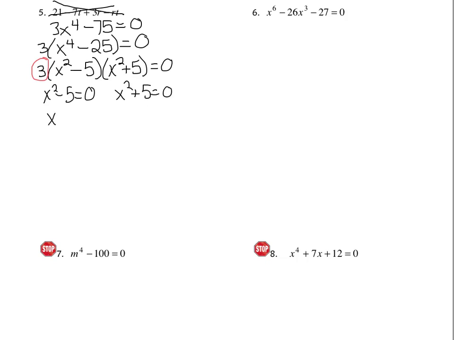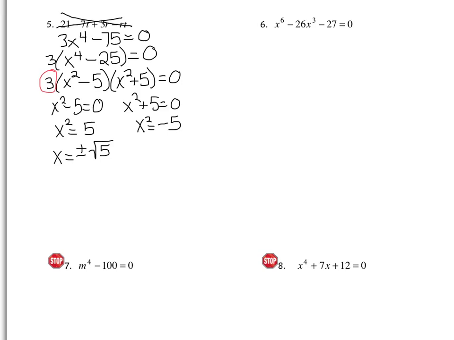So here we get x squared equals 5. Square root both sides. x is going to equal plus or minus the square root of 5. Square root of 5 is completely simplified. There's no perfect squares that are factors inside of there, so we leave the answer. Here we get x squared equals, and if you subtract 5 from both sides, you get negative 5. So take the square root of both sides, you get x equal to